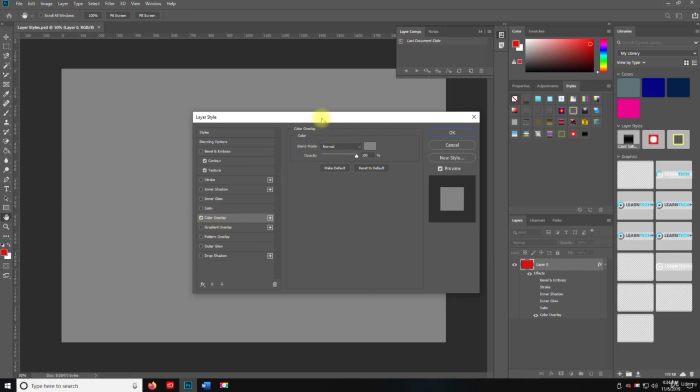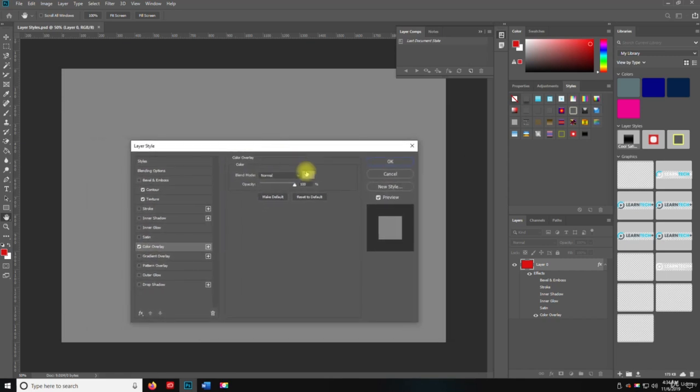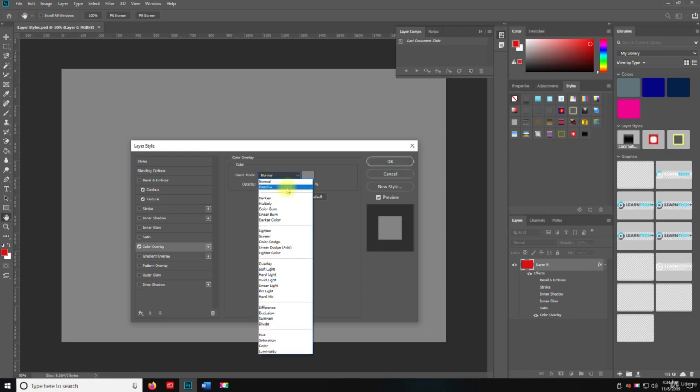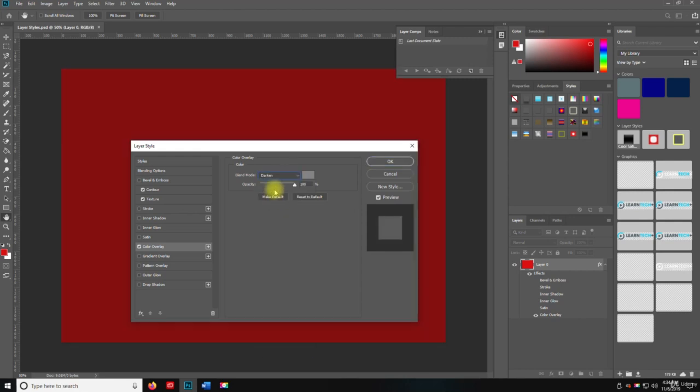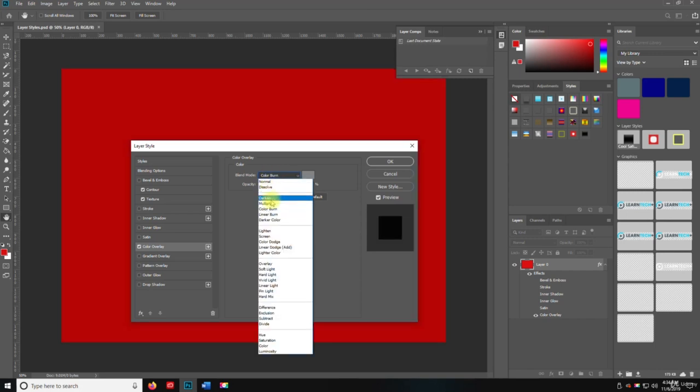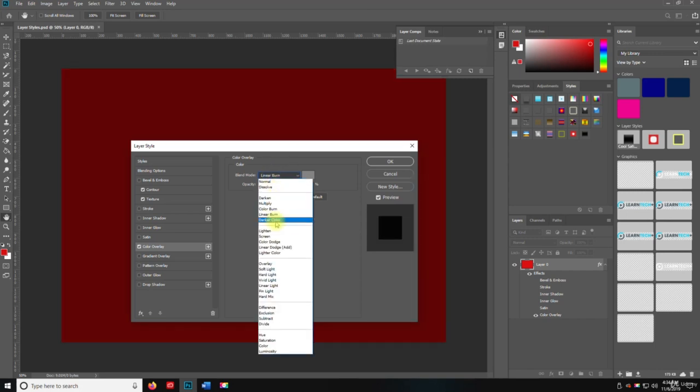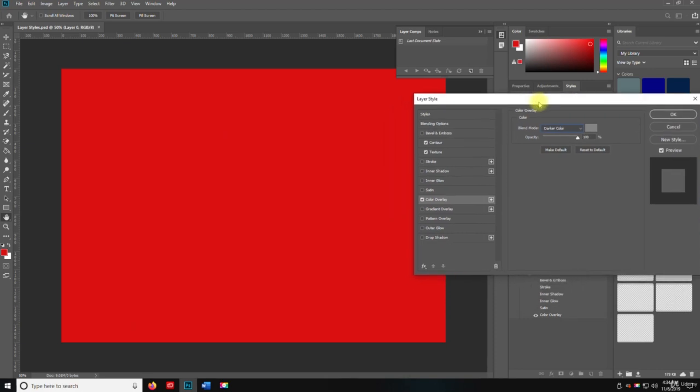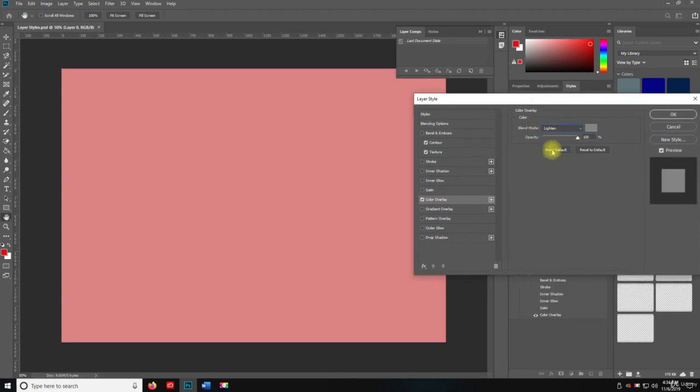Now this is pretty straightforward, but you can adjust the blending mode. So that's where the cool part comes in here. So we can darken this, multiply, color burn, linear burn, darker color. Okay, I'm gonna move this over to the right so you can see what I'm doing. If I do lighten,